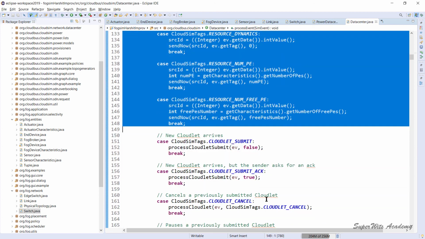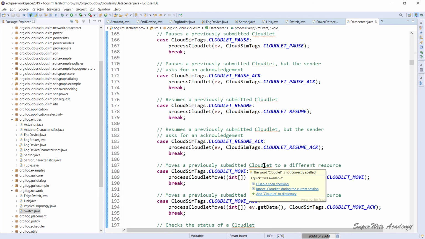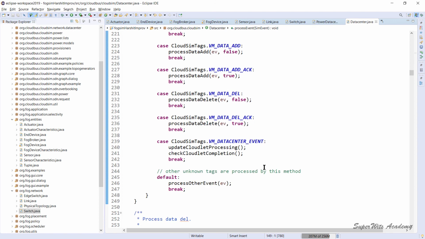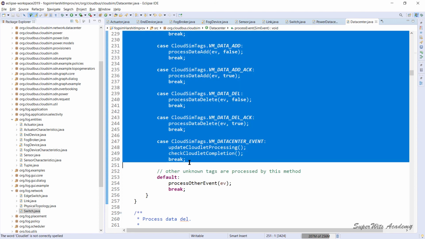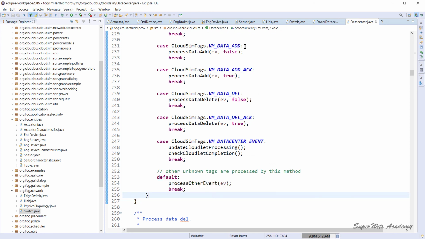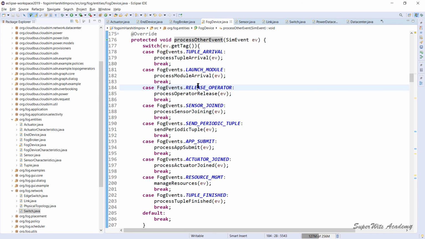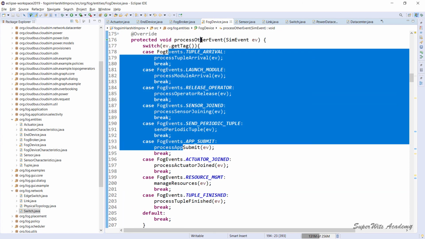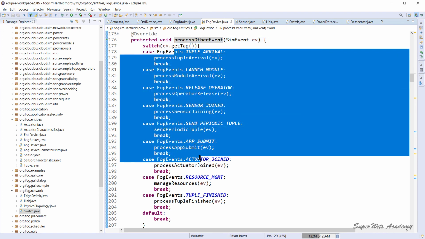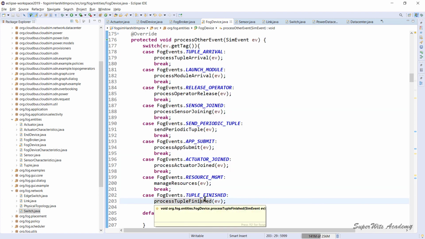Because our iFogSim is developed on top of the CloudSim simulation engine, these are some of the actions which are done by the basic CloudSim simulator, but on top of that, any action that is required has been extended into the fog device process other event method. So this is how the difference is there in terms of the other set of entities.